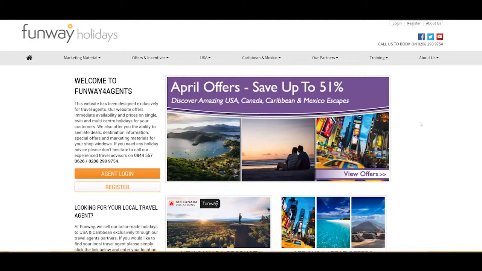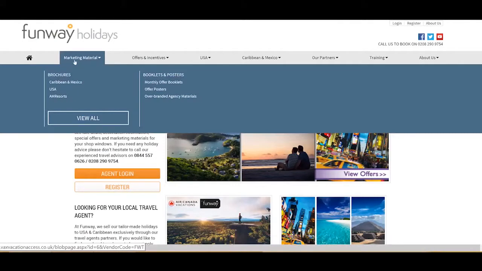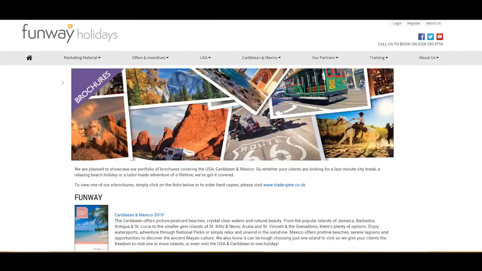Now, you don't have to log in to access any of these resource materials that I'm about to show you, but you can see here that along this grey bar, you have a number of options. The first thing I'm going to show you is our marketing material. Now, in here, you can find booklets and posters, monthly offer booklets, offer posters, and digital brochures, digital versions of all our brochures. So I'm going to click on Caribbean and Mexico, and that's going to take you to the